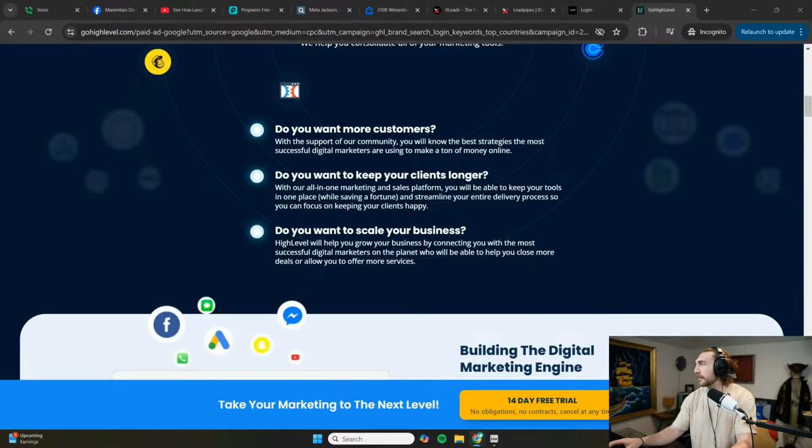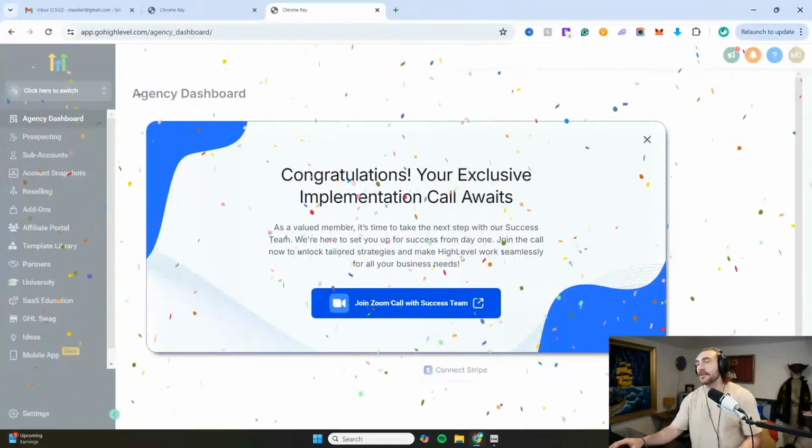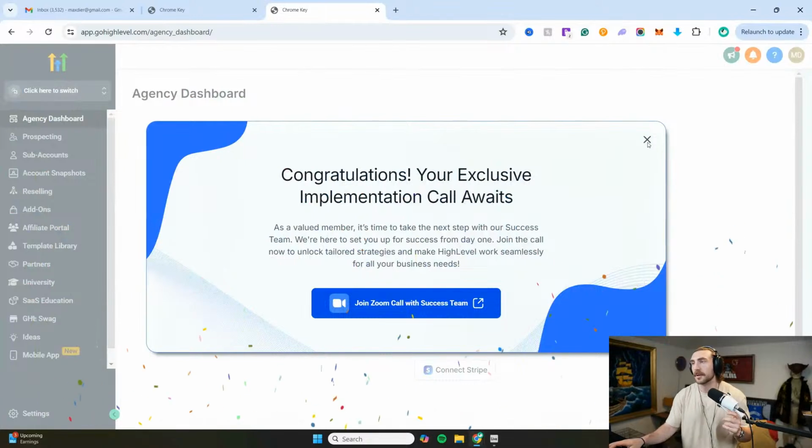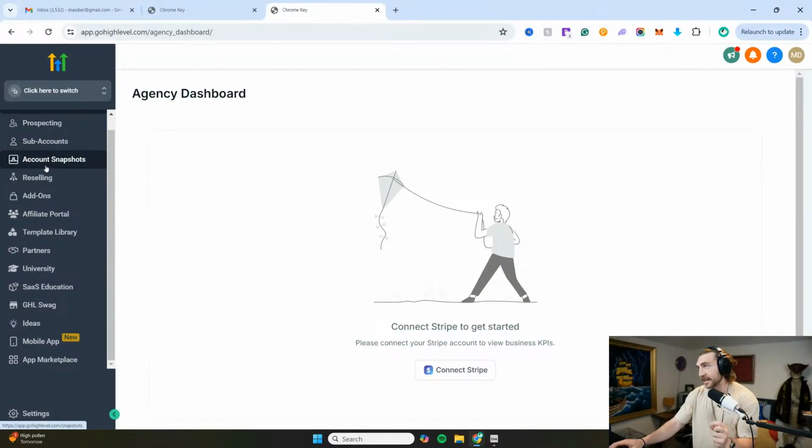With Go High Level, the really cool thing about Go High Level, guys, is, I'm in. Okay, I'm in one of my Go High Levels. And I may build you guys out a custom Go High Level in the future. But, no, I don't want to. With, guys, Go High Level, it's really complex. It's really crazy. But you can actually do two things in here. You can dial and you can text. So now you're not dialing with Google Voice. We've stepped up from Google Voice because Google Voice,